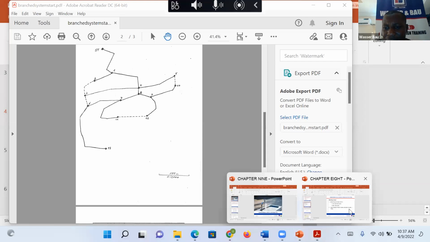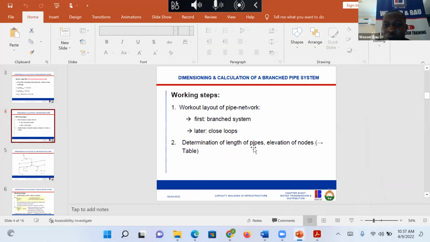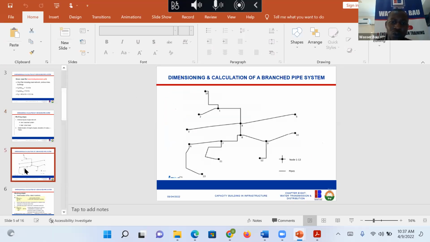So the next thing is to determine the length of pipes and the elevation of nodes that you get from your surveyor. When he's taking his spot height, he moves in 25 meters, or 10 meters, or 5, or 50 meters. So you can easily establish the length from one node to another, from one joint to another. Nodes are like joints. This is node 1, node 2,